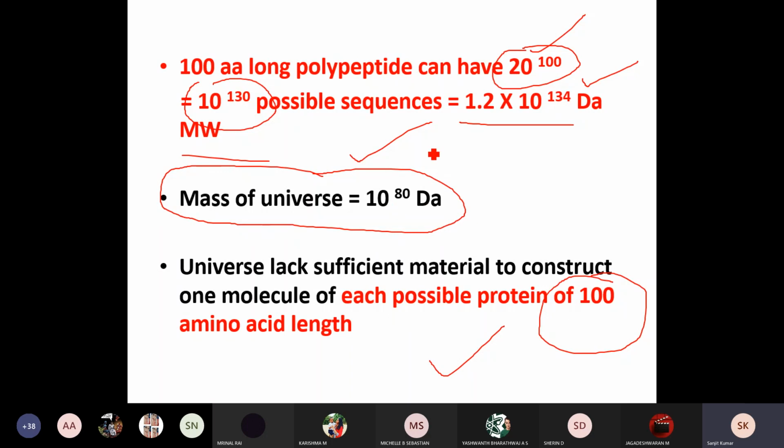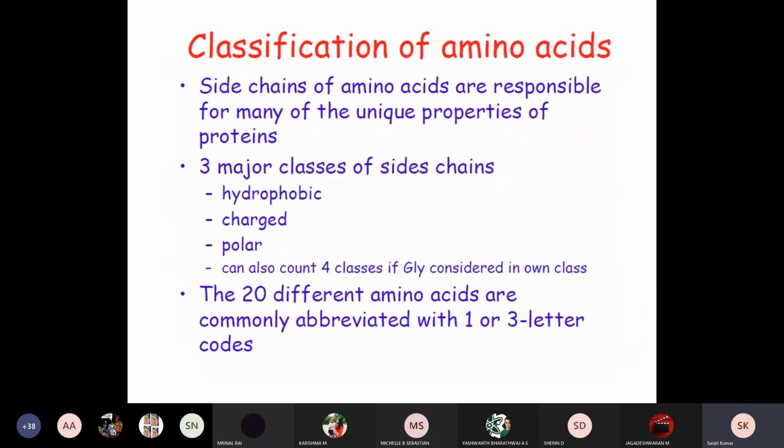A 100 amino acid long polypeptide can have 20 to the power 100, that is 10 to the power 130, possible sequences, and the molecular weight is 1.2 times 10 to the power 134 Dalton. The universe lacks sufficient material to construct one molecule of each possible protein of 100 amino acids, so we are saying that protein folding is